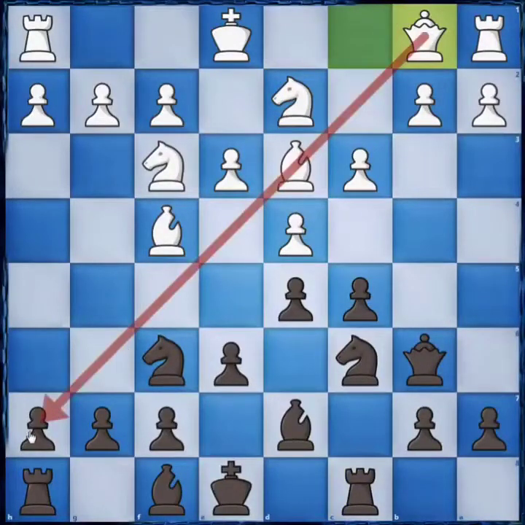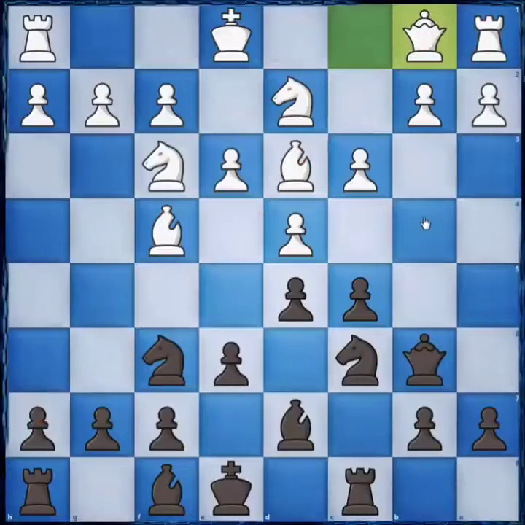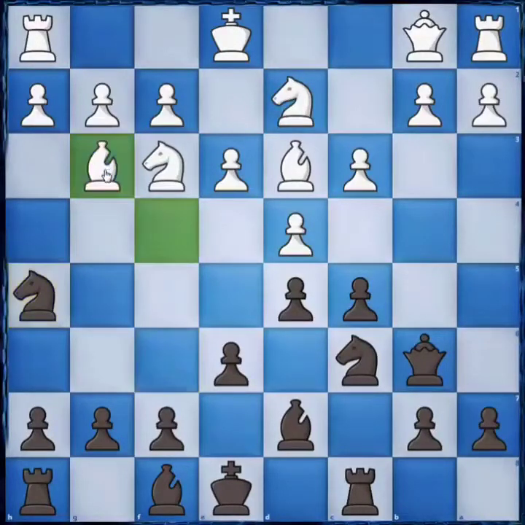Setting up this battery, pointing at h7, which is pretty interesting. However, already two moves by the queen. We have knight on h5 now by Akiba Rubinstein, trying to exchange first of the bishop, so definitely that is the plan. Bishop on g3, and